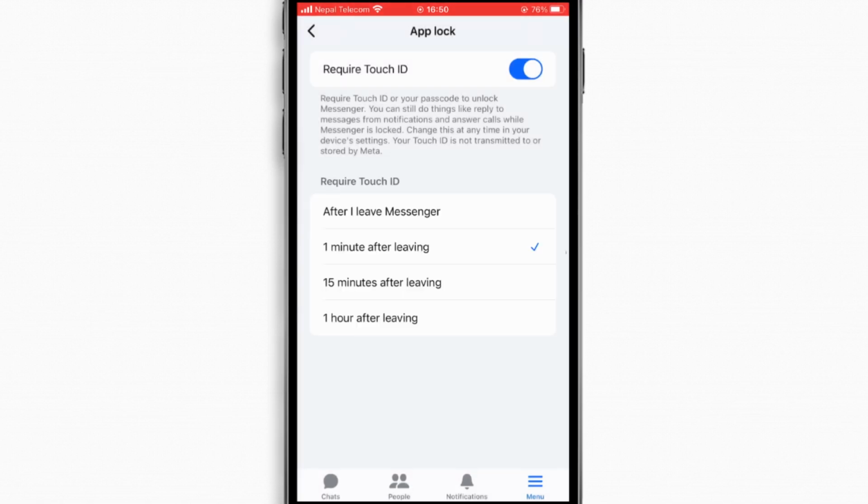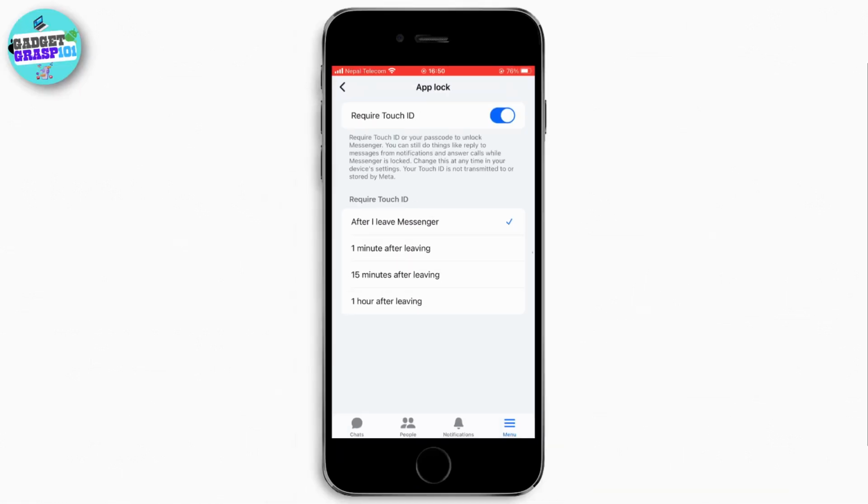Once it's enabled, Messenger will require your Touch ID after the app has been locked according to the setting you choose. You can also choose when Messenger should require Touch ID, such as immediately after leaving the app or after a certain period of time. That's how you can lock Facebook Messenger with Touch ID on your iPhone 8 Plus and add an extra layer